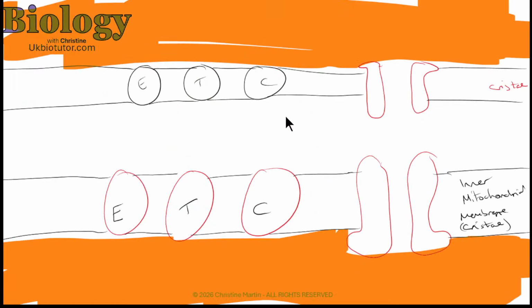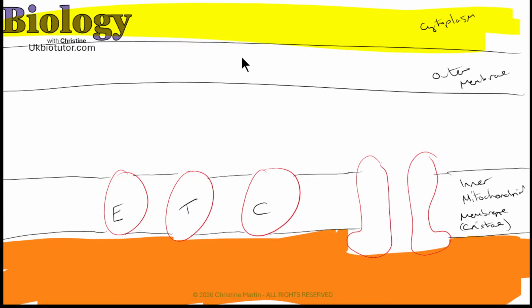And then we talked about the fact that, when we get on to oxidative phosphorylation, what's going to happen is understanding where the electron transport chain and ATP synthase are. So the inner mitochondrial membrane is this section here. The orange bit is the matrix. And so I was trying to show them the difference between the outer membrane and the cytoplasm and the inner membrane, which could be the cristae, the folds of the inner membrane, or could just be the inner membrane.